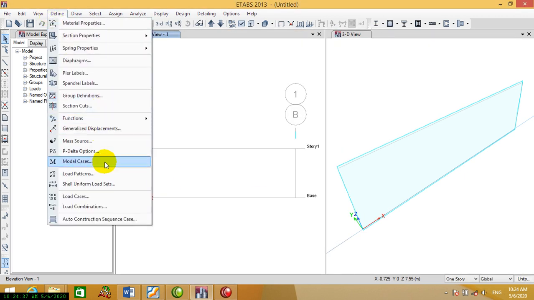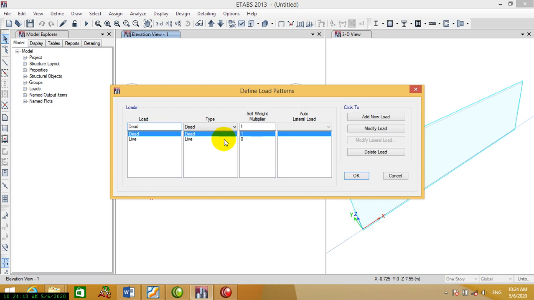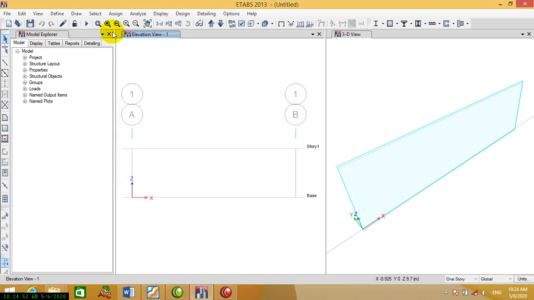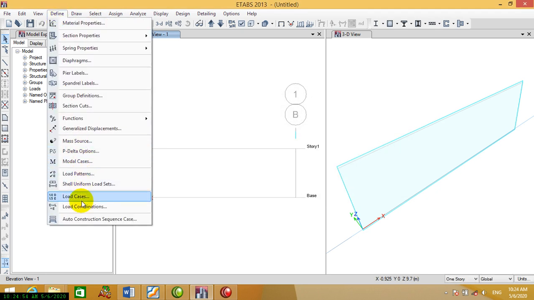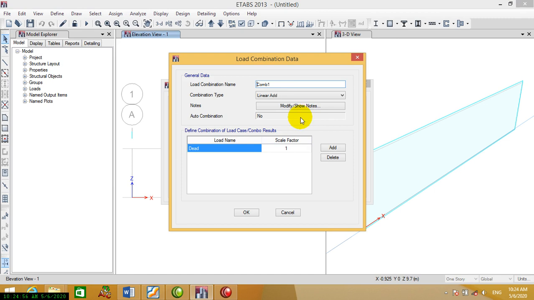now we define the load pattern. Because we just work an example of one beam, it just acts on it, dead load and live load, it's okay. Then we define combination, add new combo. There the scale factor we define for dead load according to ACI 1.2, and for live load we define 1.6. Okay,